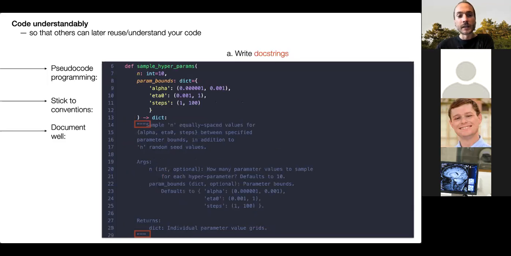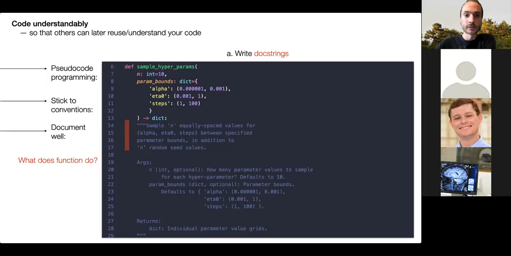Okay. Another thing that you should do is anytime you write a function or a class, you should briefly write a documentation of what this function is doing in the form of a docstring. So a docstring is a documentation string that is put at the beginning of your function, which is really a string that is wrapped in triplets of quotation marks. And this string is generally composed of